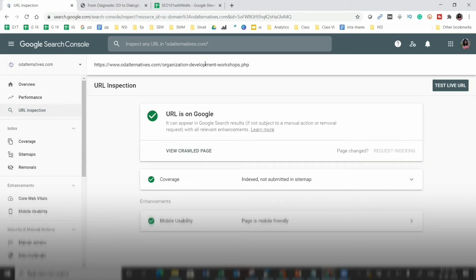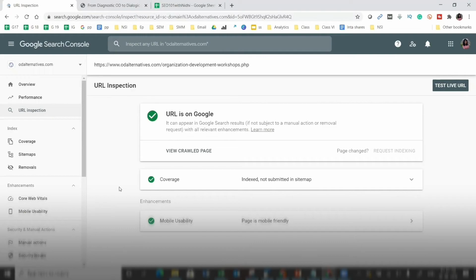So basically, this URL inspection section talks about discovery, how Google found the URL. It talks about crawling. What is crawling? Was it crawled, or were there any obstacles crawling the URL? Is the URL present on Google, or is it getting indexed? It talks about indexing and so on and so forth.